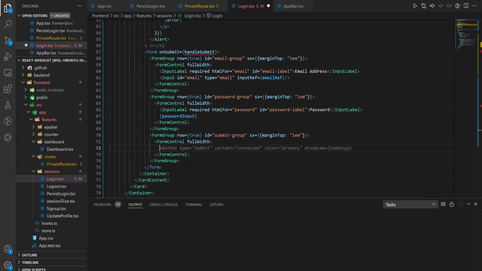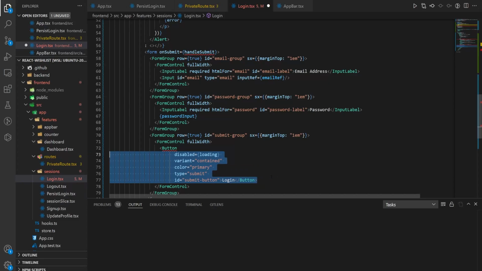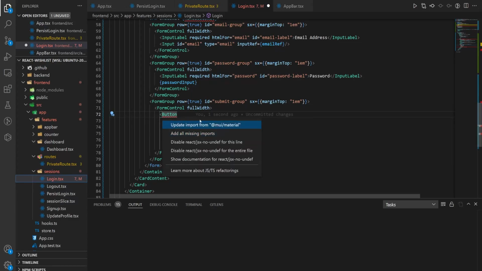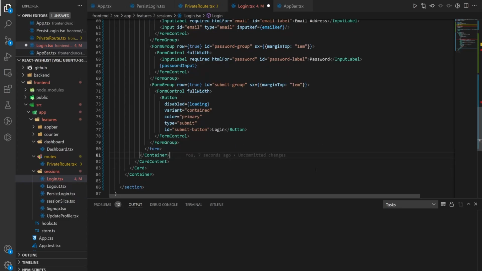Inside of this form control, we need a login button, which I'm going to paste in and then reformat because my formatter is not working right now. This button is going to have a disabled state whenever the application is loading. It's going to have a variant of contained, a color of primary, a type of submit, and an ID of submit button. You then come all the way down here below the form, the container, the card content, but still